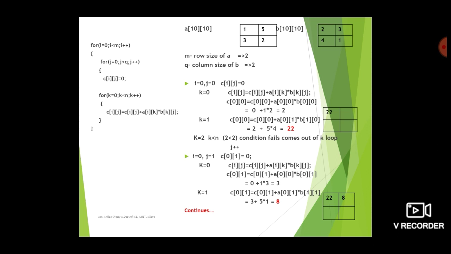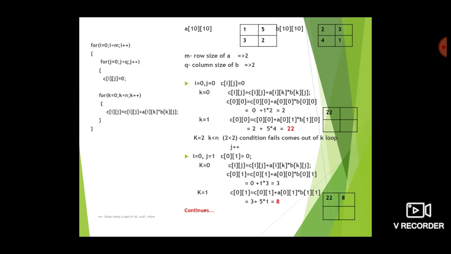So this is how the matrix multiplication takes place. So all you need to remember is how to write the 3 for loops. The first for loop you need to remember as the total number of multiplication, that is how the multiplication takes place, row of first with column of second. So i is equal to 0, i less than m, i plus plus, j is equal to 0, j less than q, j plus plus.